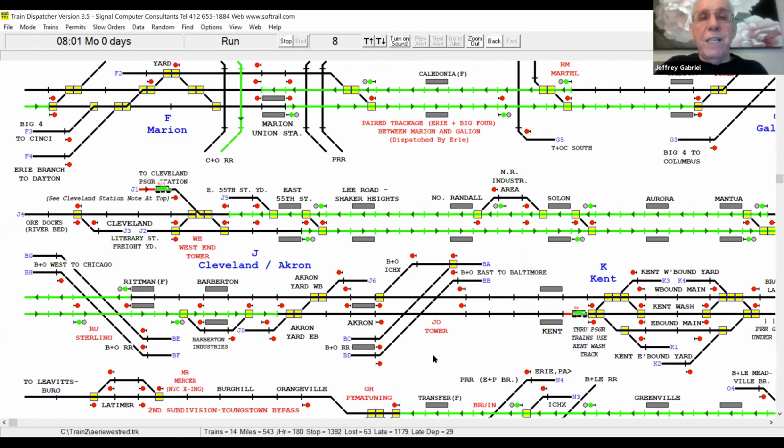You can tell what's a diamond versus an overhead bridge because the diamonds actually show on the diagram. If this were an overhead bridge, and I don't really have them on this territory, you would see a little gap and the lower track would stop and kind of jump over to the other side.